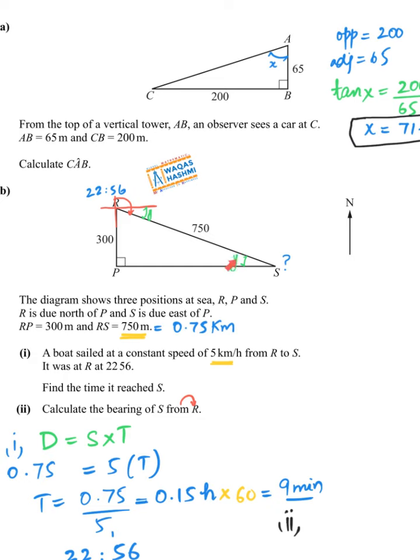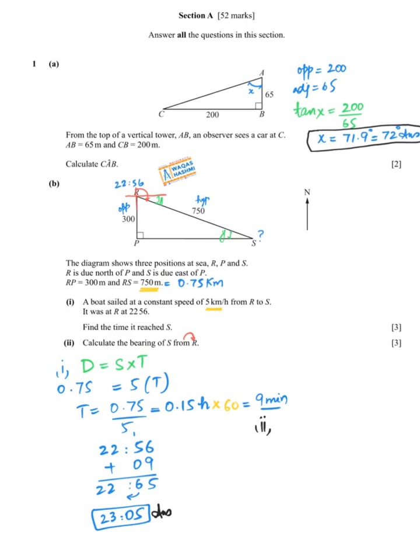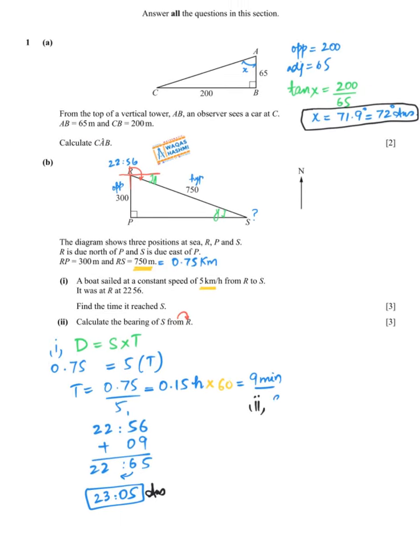So you need to find this angle by using these two lengths because we are dealing with a right angle triangle. So I need to apply sine. This side is opposite and this side is hypotenuse. Opposite and hypotenuse, that means we need to apply sine here. So sine of angle Y is equal to 300 divided by 750. We need to simplify. Make sure the calculator is in degree mode. Sine inverse, you get Y is equal to